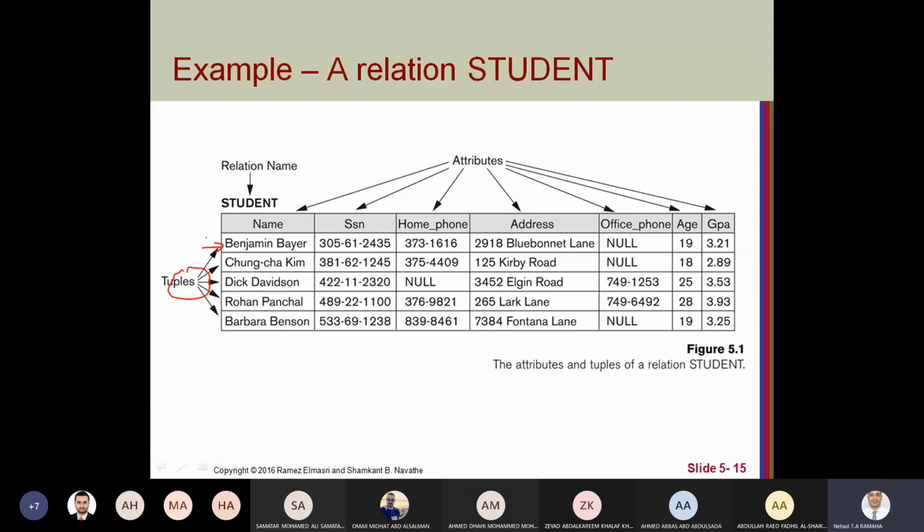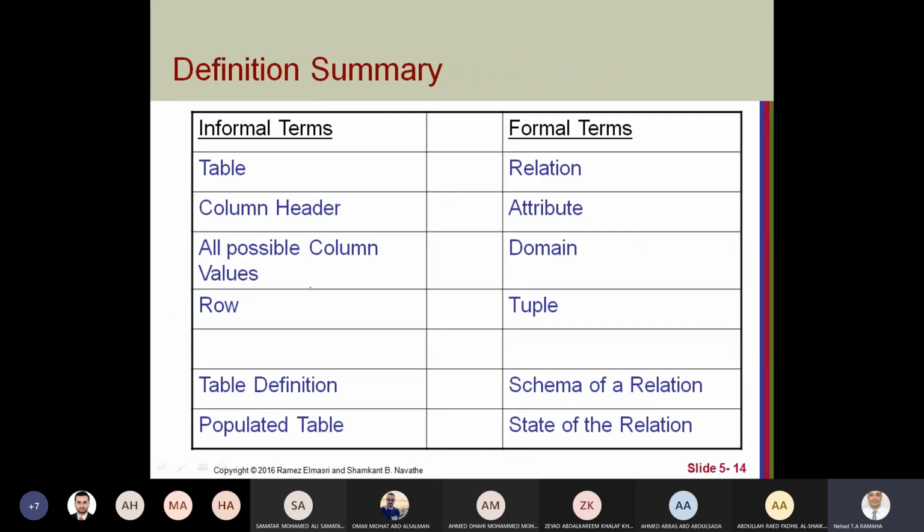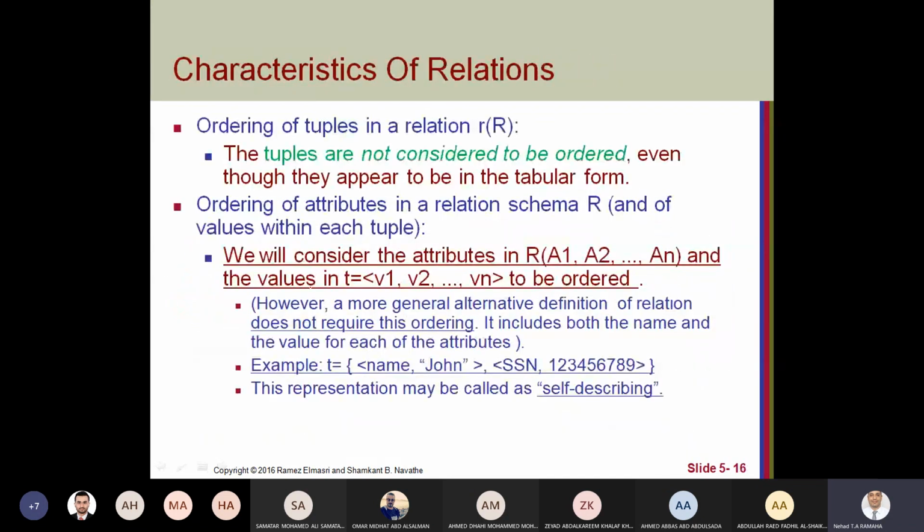You can use this row here, or down, or up, anything. The order of the tuples is not important. But the attributes in the schema, when we write the relation schema and when we write the tuples, should be ordered,